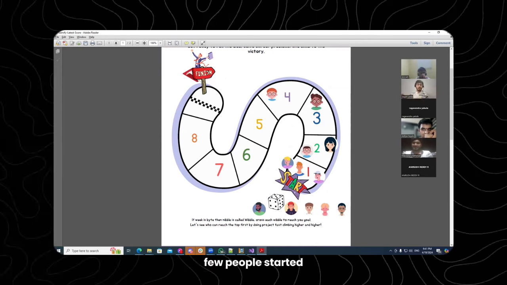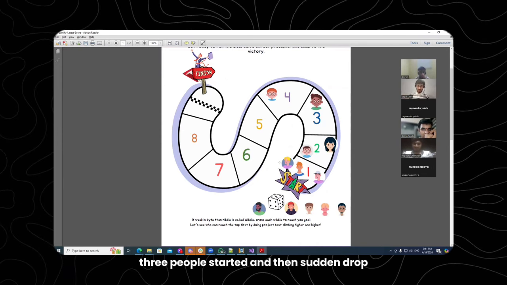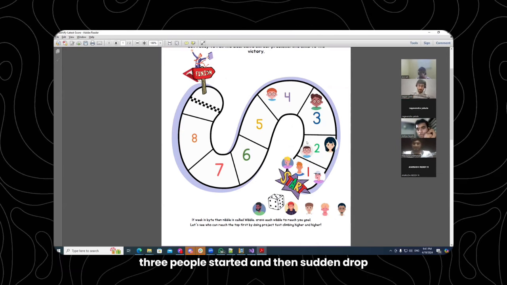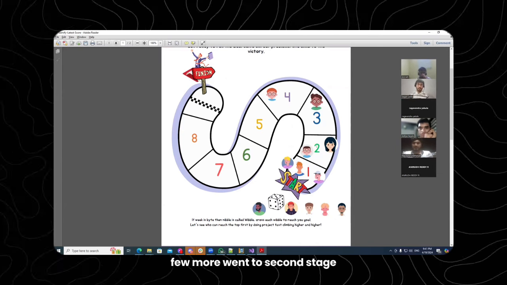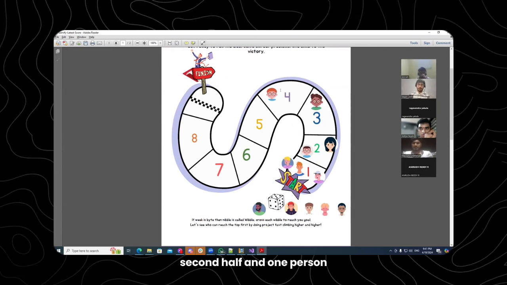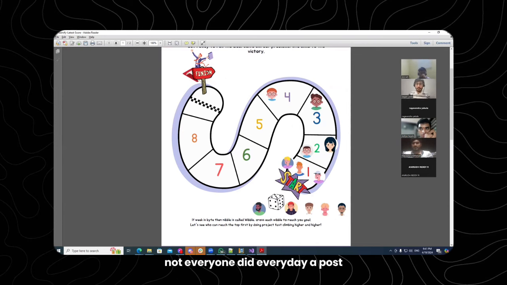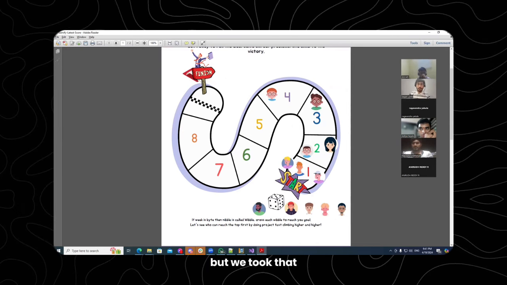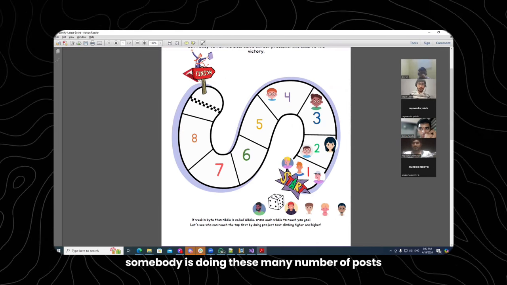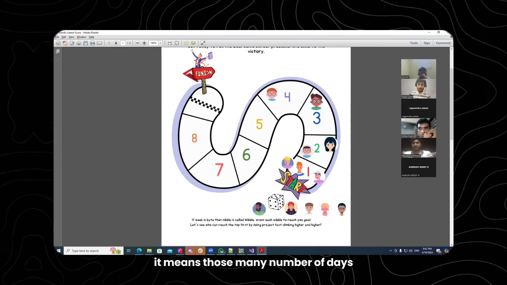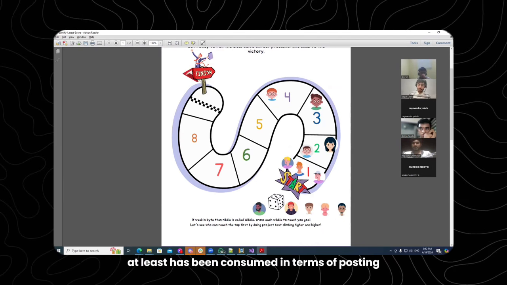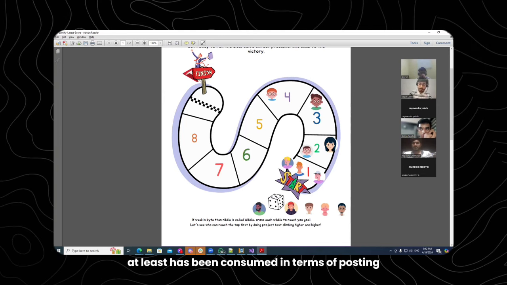Fine. A few people started, three people started, and then a sudden drop. A few more went to the second stage, which is the first week, second half. Not everyone posted every day, but we took it that if somebody has made this many posts, it means at least those many days have been consumed in terms of posting.